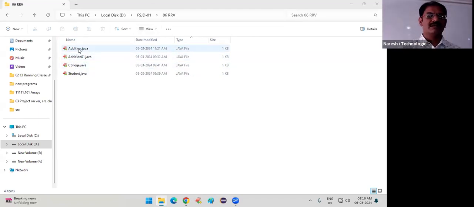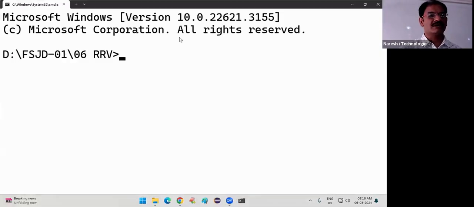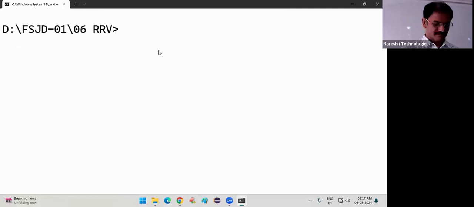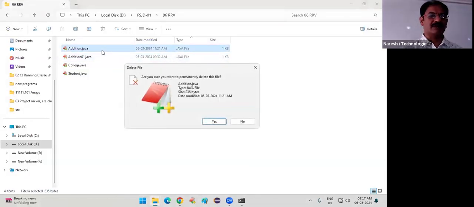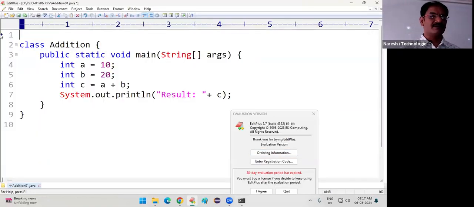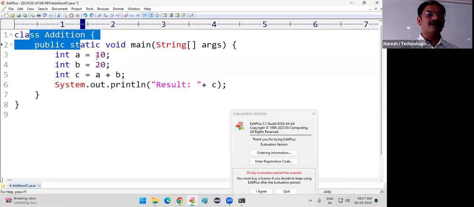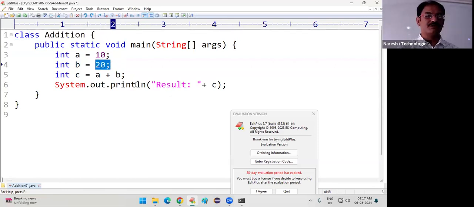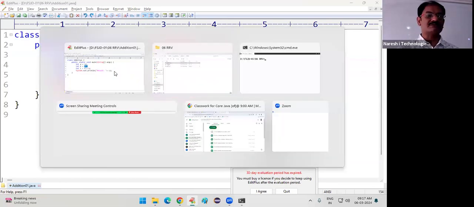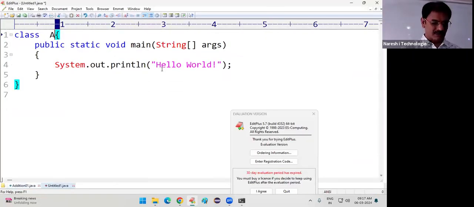Okay, so now let's try to see how to run yesterday's program one more time. So tell me first, I want to develop the complete program again. First, we understood what is the problem with this program. In this program, we are trying to develop the code and I have directly assigned the values. If I assign values directly, any number of times I run this program, it always executes with the same values. If you want to change values at runtime, I should read values at runtime. For that, I have to connect to the keyboard and read values from the keyboard. How? Class Addition, followed by